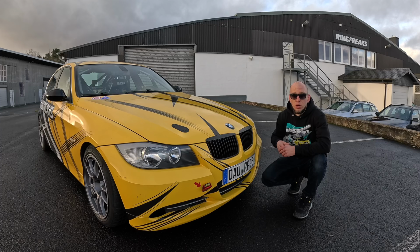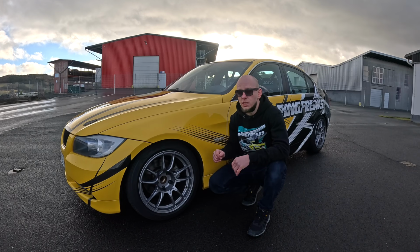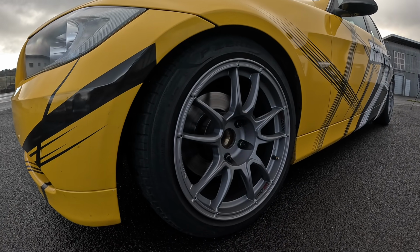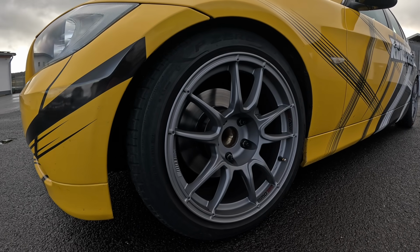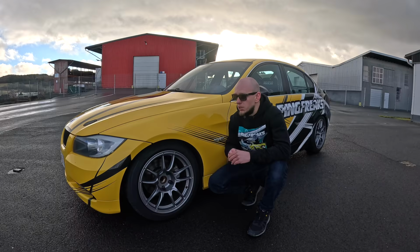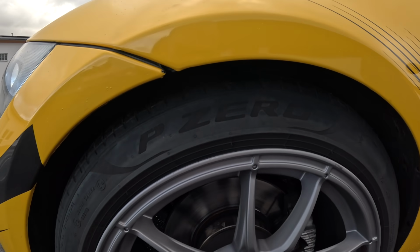And as well, we are renting this car just for tourist drives and track days, but it's built by regulations for racing. This car has a square wheel setup, so it's Motec MCR1 wheels. It's a 17-inch wheel, 8.5 width, and it has a tire 225/45 R17. It's equipped with Pirelli P Zero sports car tires,